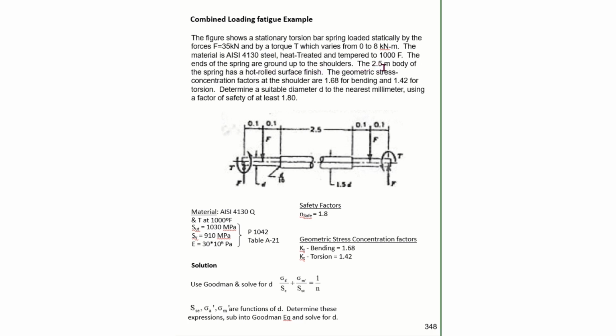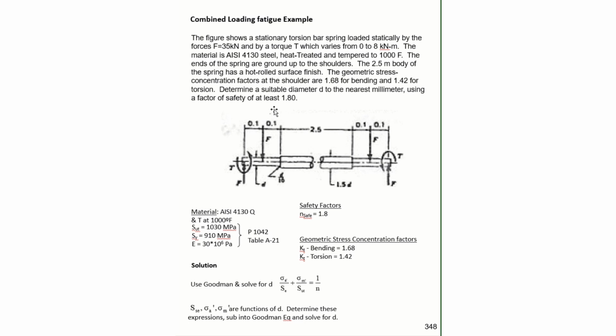The 2.5 meter body of the spring has a hot rolled surface finish. The geometric stress concentration factors at the shoulders are 1.68 for bending and 1.42 for torsion. And then it says determine a suitable diameter D to the nearest millimeter using a factor of safety of at least 1.8. So let's go through and make sure we understand all the information that is being given to us